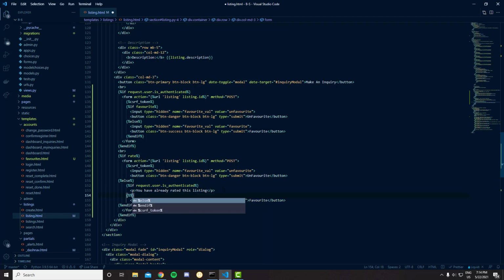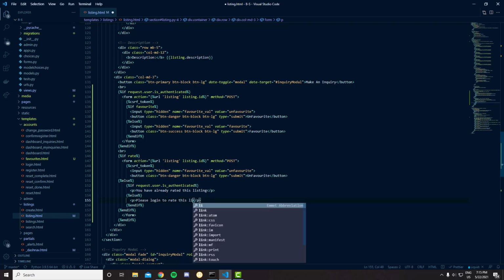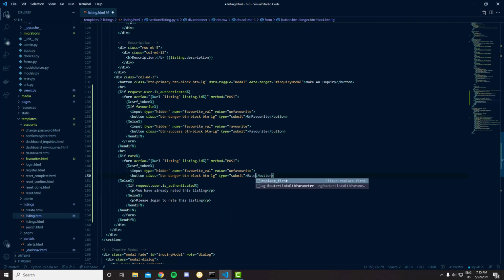Else, and of course our end if, and delete the button. Say please log in to rate this product, I mean this listing, and this should be rate, and input won't be of type hidden. By default we won't have a value, so this will be required of course, and